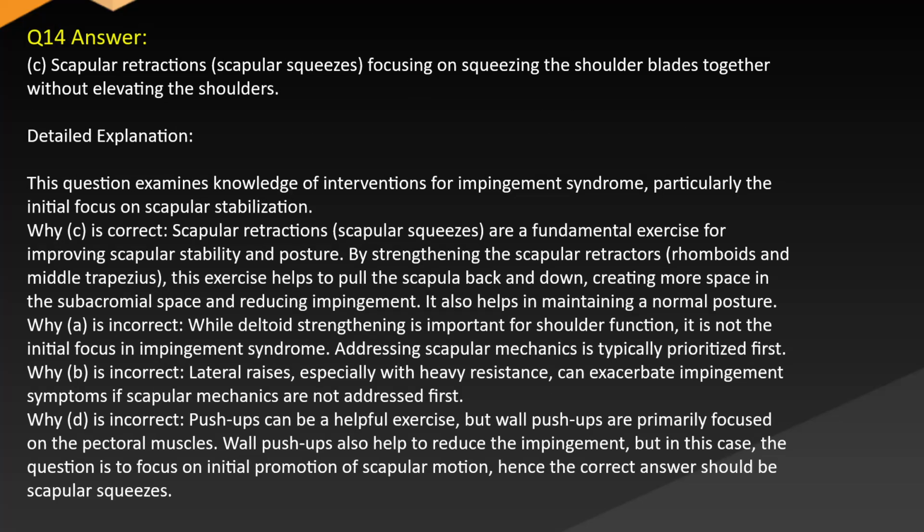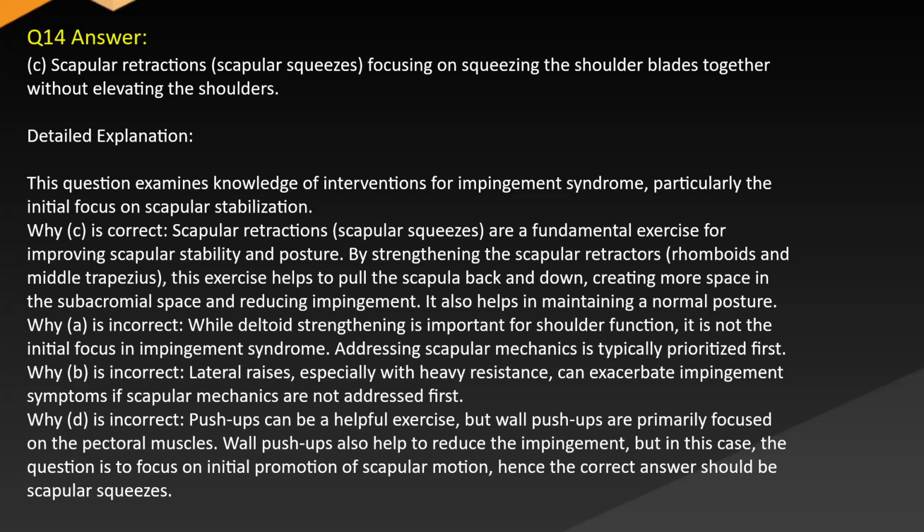Answer C. Scapular retractions, scapular squeezes, focusing on squeezing the shoulder blades together without elevating the shoulders. Detailed explanation. This question examines knowledge of interventions for impingement syndrome, particularly the initial focus on scapular stabilization. Why C is correct. Scapular retractions, scapular squeezes are a fundamental exercise for improving scapular stability and posture by strengthening